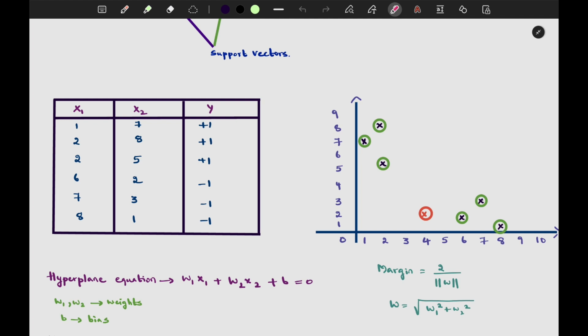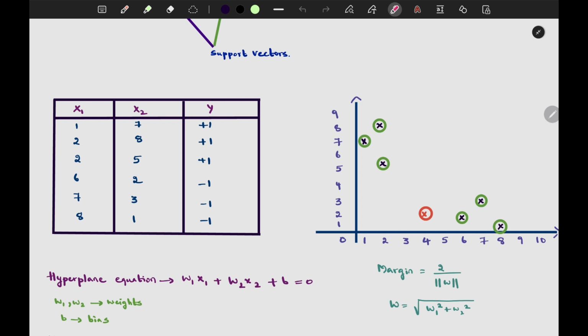So for that we need to keep in mind one equation which is nothing but the margin. The equation of margin is 2 by modulus of w, and here modulus of w is nothing but square root of w1 square plus w2 square. These are weights. As I'm having 2 parameters here, I just have 2 weights. If you are having n parameters, it will go till weight of n. You need to understand the margin value should be as high as possible. So you can think of w1 and w2 as having multiple values. But after solving this particular margin equation, you will be having only one value which is giving the highest value.